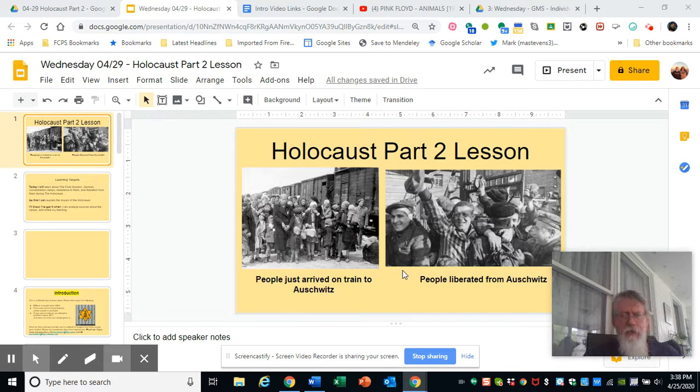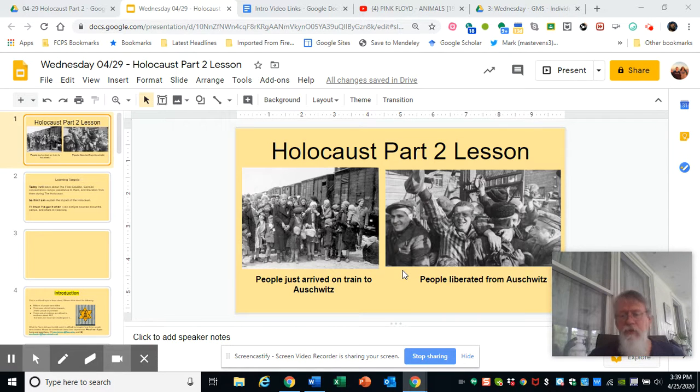So to start off with, we'll just look at these pictures here. People just arrived on the trains to Auschwitz. They would put these people on the train wherever they got them from, all over Europe. Sometimes it would be days. It would be very cramped. Sometimes you'd have 250 people inside one of those things. And they would get them off, and then you'll see this in a little bit, they would sort them into who was going to immediately go to the gas chambers and who was going to work for a while.